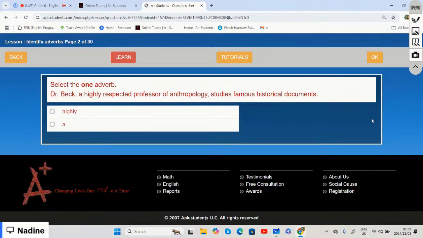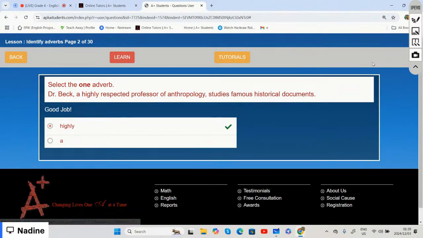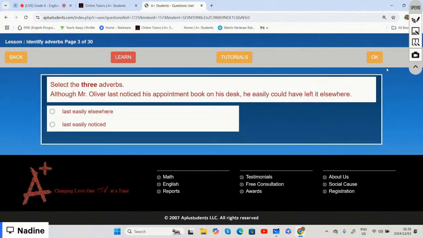And if we were to select the correct option, we can say highly. It tells us how. So yes, option one, well done, is correct. Highly. The next one says,